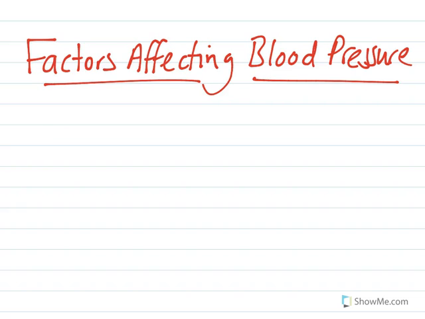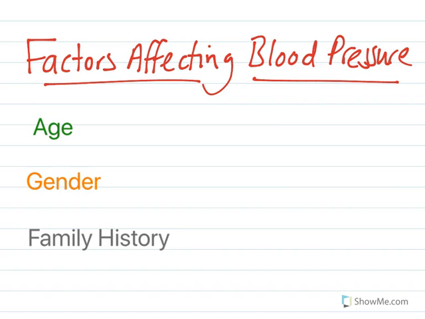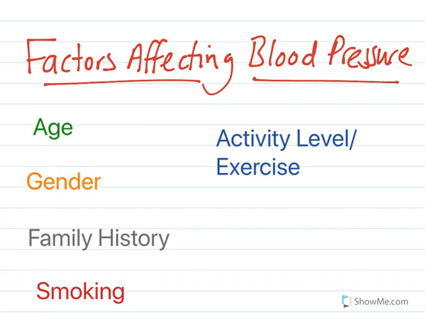Now if we have a look at some of those factors which can affect your blood pressure: increasing age generally increases blood pressure. Males usually have a higher blood pressure than females. There might be a family history of blood pressure, which you might inherit. Smoking is a high risk factor for high blood pressure. Low activity levels or exercise can bring about high blood pressure,